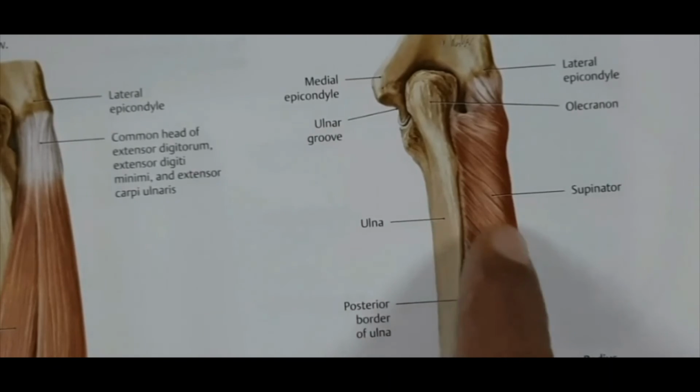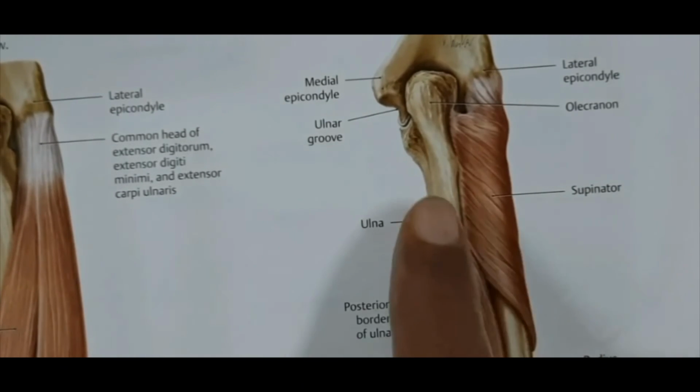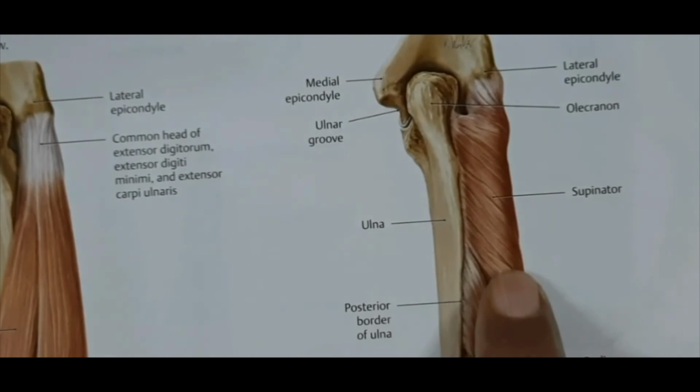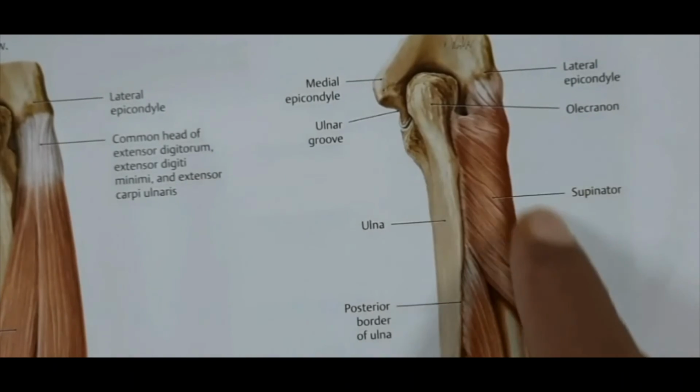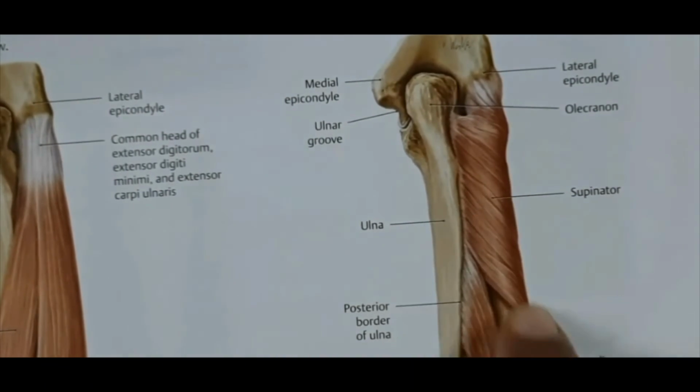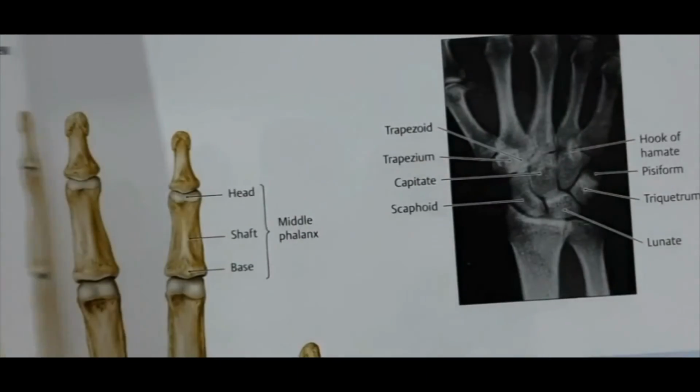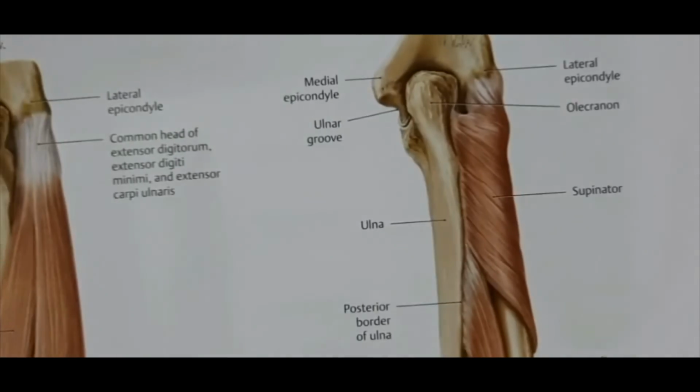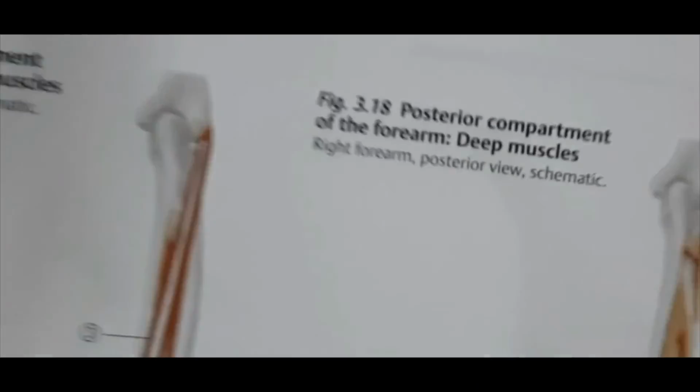So it takes origin from the ulna and then it attaches onto the posterior surface of the radius, then it goes to the lateral surface of the radius, winds round and then goes to the anterior surface of the radius. That diagram is not here, otherwise I would have shown you the insertion of the supinator muscle. Now lastly I come to the